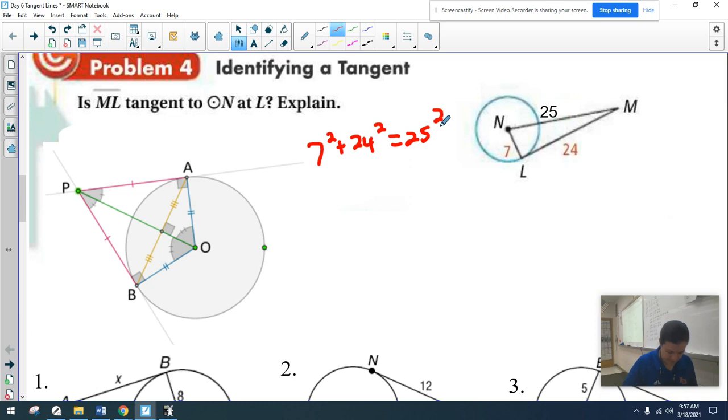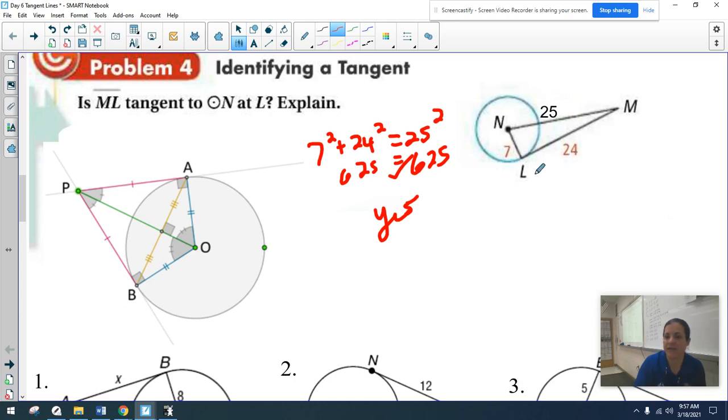Hold on, sorry. Which is going to give you 625. So that does work. So this is 625. 25 squared is also 625. So this works. So is it tangent? You would say yes. And to explain, you can tell me that